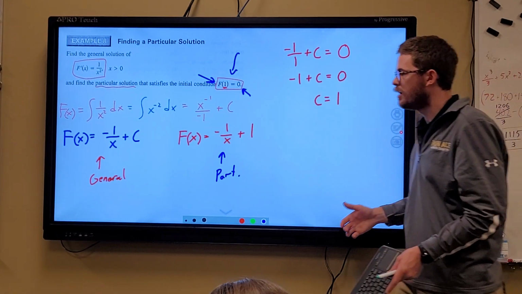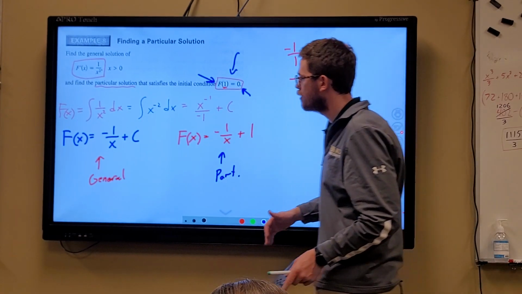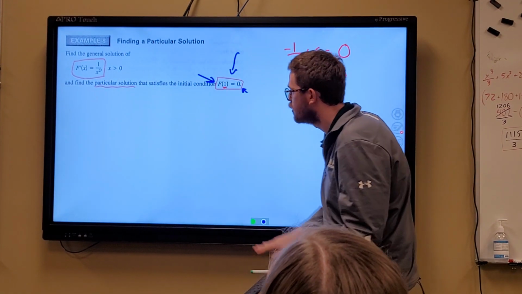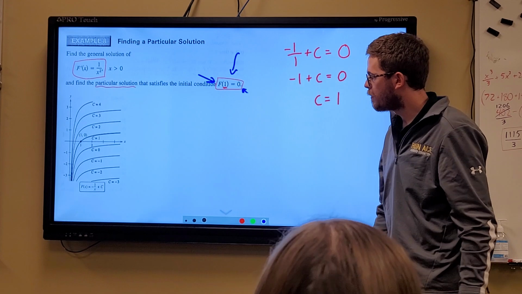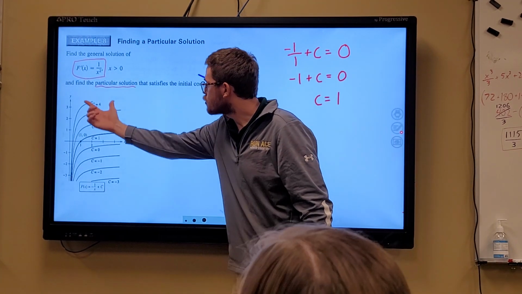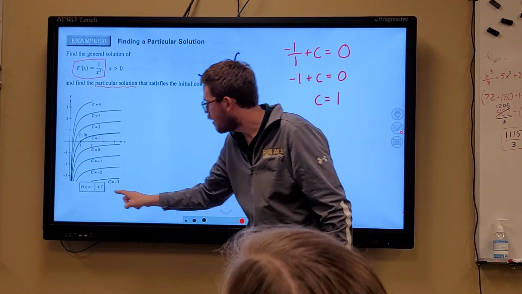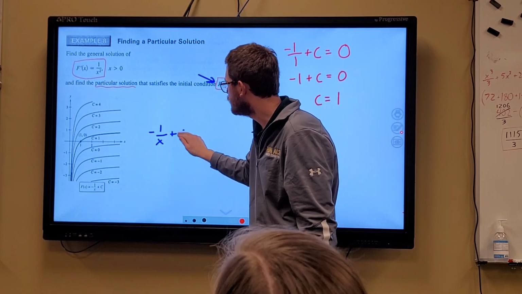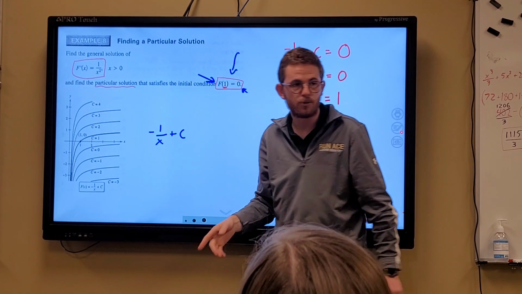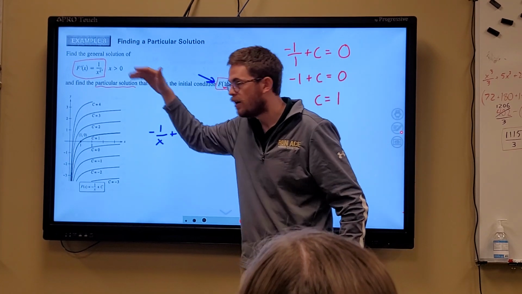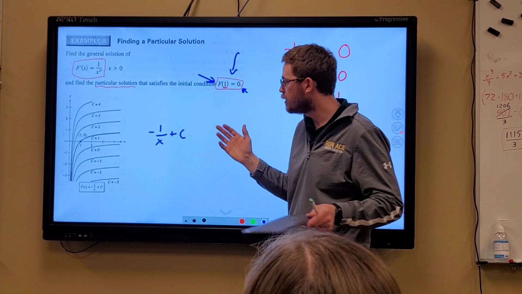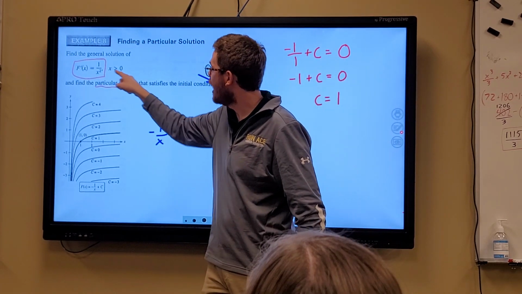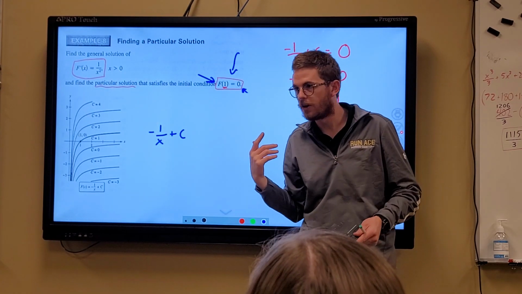I do have a graphic that kind of illustrates what's going on as well. If I just delete some of this because it's going to appear right there. Here's just showing us what this was like. Here is our general solution, negative 1 over x plus c, with c being lots of different values. And of course, c also could have been decimal values in between these. But negative 1 over x, again, for x being greater than 0,